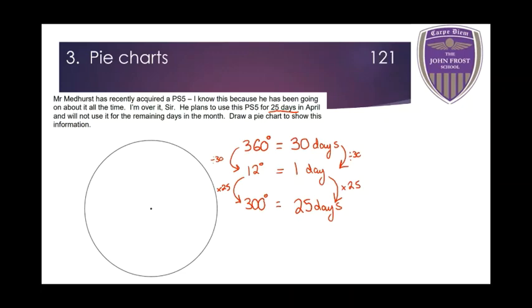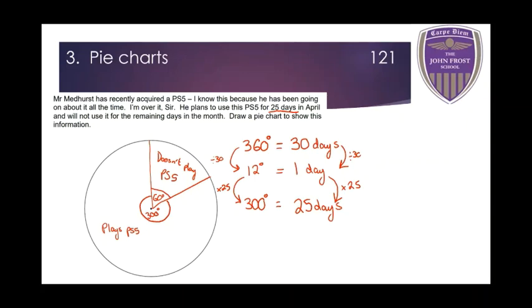Now I haven't got a protractor for this one, so you're going to have to excuse potential errors, okay? But I'm going to have a stab in the dark, and I think that maybe a bit lower. I think that is 300 degrees. Okay, so remember what this represents. The 300 degrees represents the 25 days he plays PlayStation or plays PS5, and then this portion, which is 60 degrees, because that's all that's left over, is how much he doesn't play